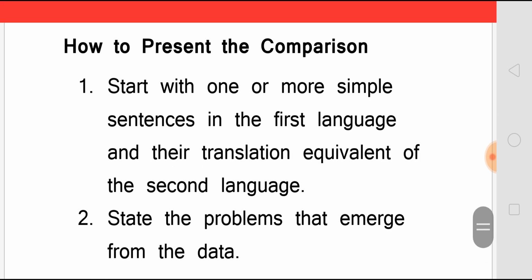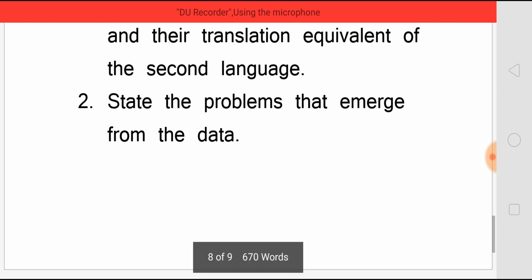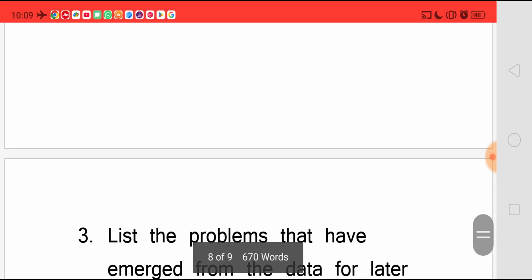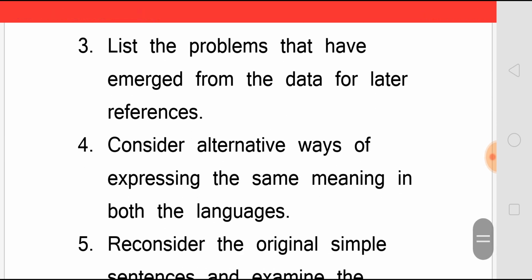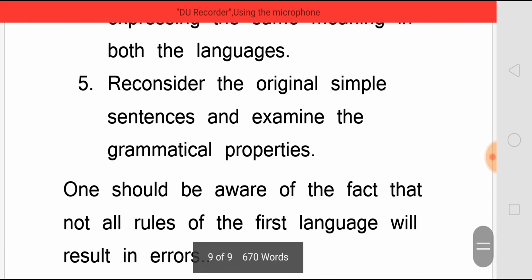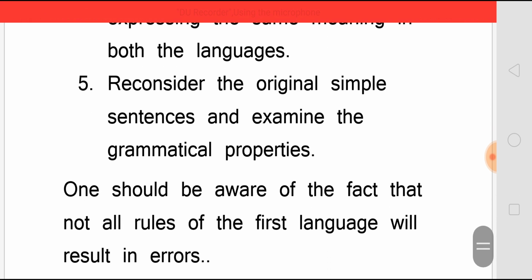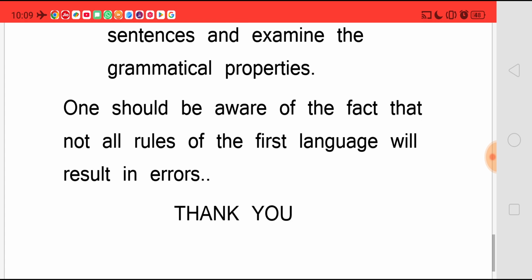Now, how can we present all these comparisons? How can we master the second language? We have to start with one or more simple sentences in the first language and their translation equivalent in the second language. State the problems that emerge from the data. List the problems that have emerged from the data for later reference. Consider alternative ways of expressing the same meaning in both the languages. Reconsider the original simple sentences and examine the grammatical possibilities. At the same time, one should be aware of the fact that not all rules of the first language will